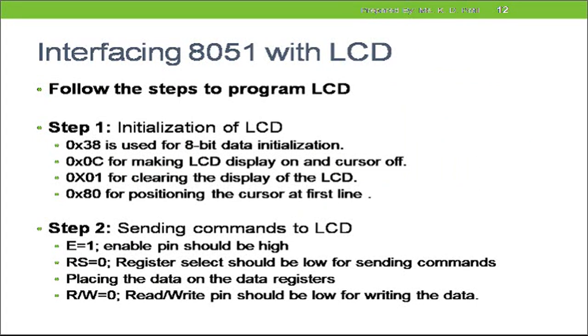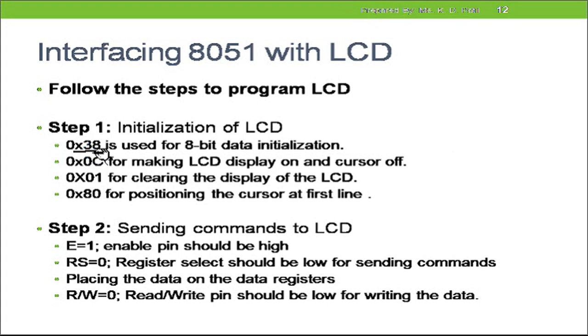There are basically 3 steps to write a program. First is initialization of the LCD, second is sending the data to the LCD, and third is sending the commands to the LCD. As I told you, to initialize, send data and send commands to the LCD, we need to use hexadecimal command codes, as we have already seen. For initialization, I want to select 2 lines 5x7 matrix. For that, the command code is 38H.